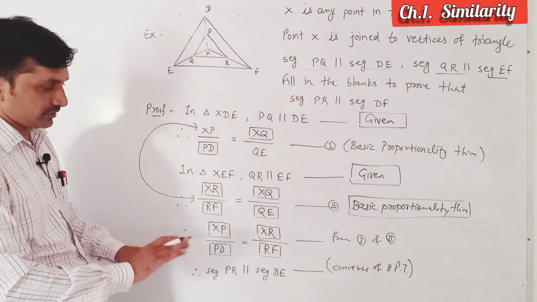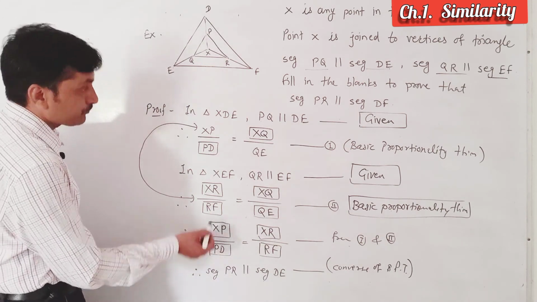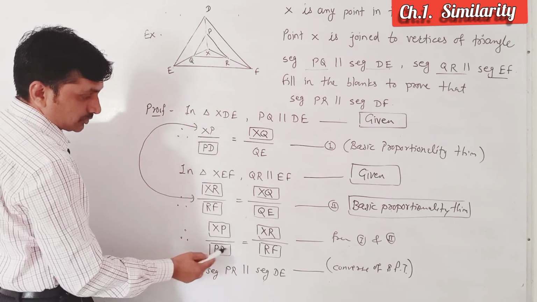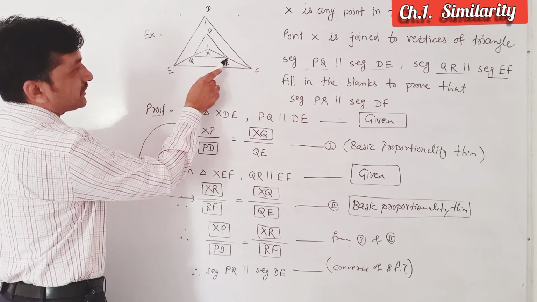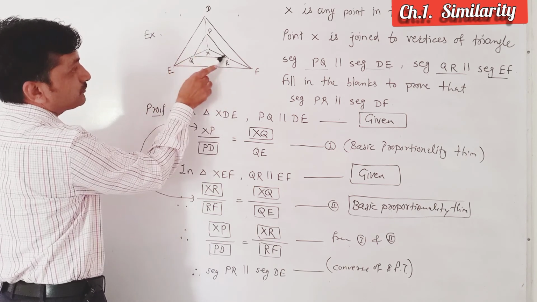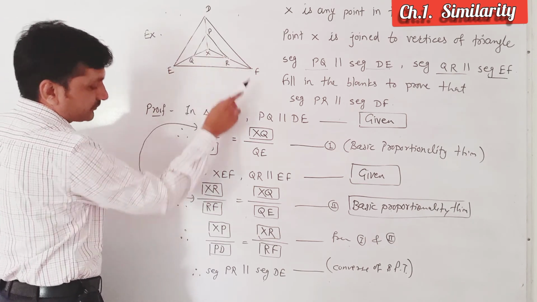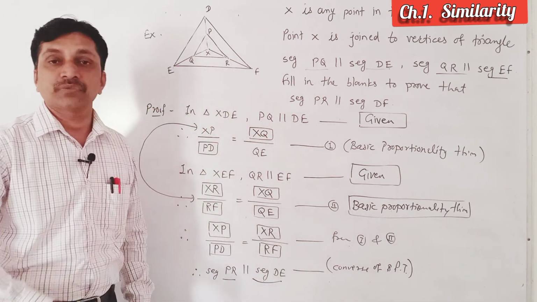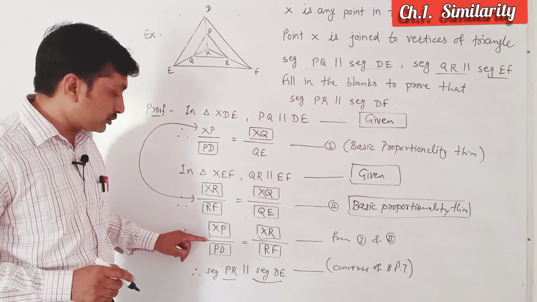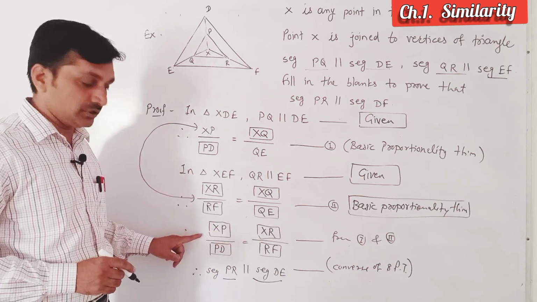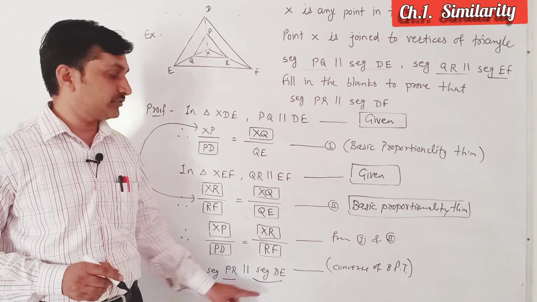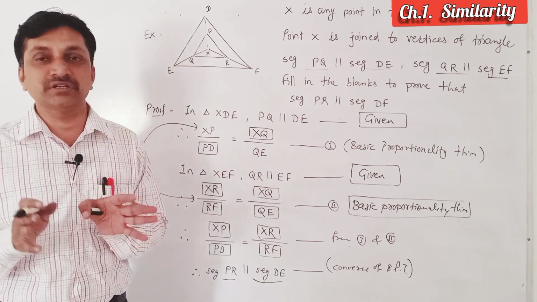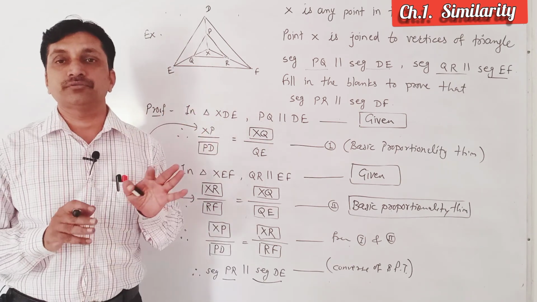And here you see now it is already over, but I explain here. XP upon PD means the first ratio is formed at P. XR upon RF, the second ratio is formed at R. Therefore, the segment joining them, PR, is parallel to DF by the converse of BPT. Why by the converse of BPT? Because we showed the ratio is equal and then we said the line is parallel. Therefore, this is the converse. In this way, examples from the practice set according to this syllabus based on BPT we have completed.